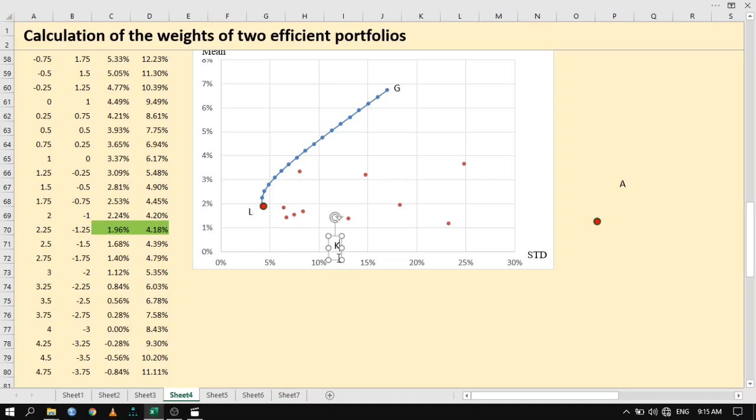Now you can see here these individual securities cannot be considered better than the portfolios that are available within this line. So a rational, logical investor would choose a portfolio that is lying on this efficient frontier. But in reality, there are millions of combinations on this efficient frontier. So in other words, there are millions of combinations of risk and returns and millions of combinations of portfolios on this particular line. So the next question that pops into our mind should be, how does an investor go and select